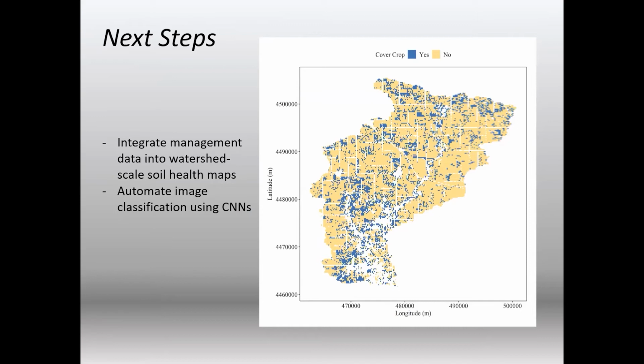We're just starting to get the first returns back from these data. But it's giving us a really in-depth view of where different practices are in this watershed. And our next step, which we haven't really gotten to yet, is to take that data and start using it to build some soil maps, right? Taking it and using it as a covariate to predict soil carbon concentrations or various soil health indicators across the